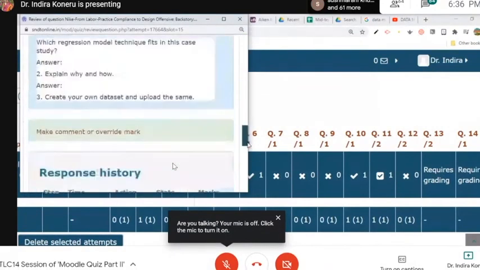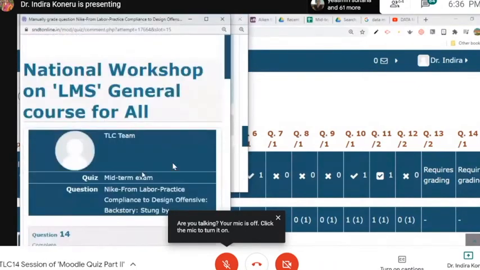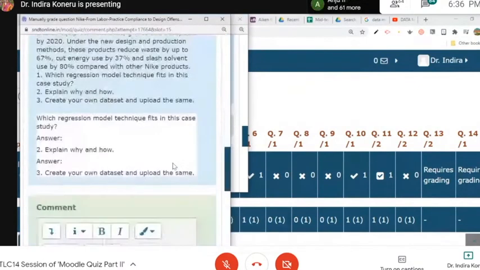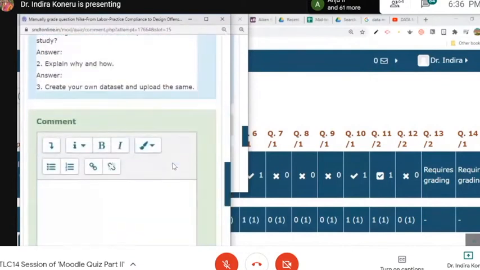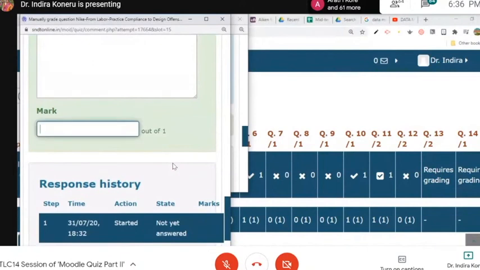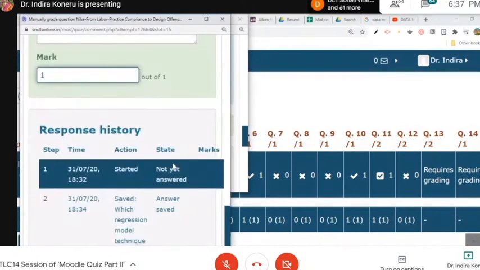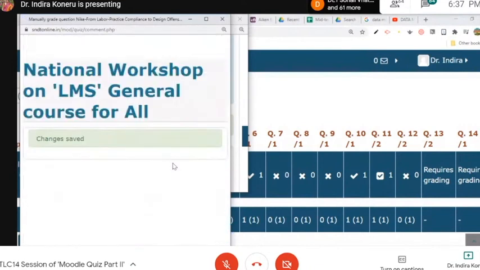We have a total of 4 questions. Okay, click on make comment or override mark and give some marks. This is for how many marks? We didn't change these marks. So actually, we should change these marks. Okay. Save.